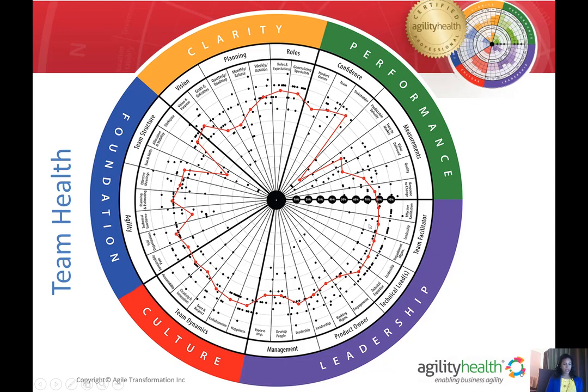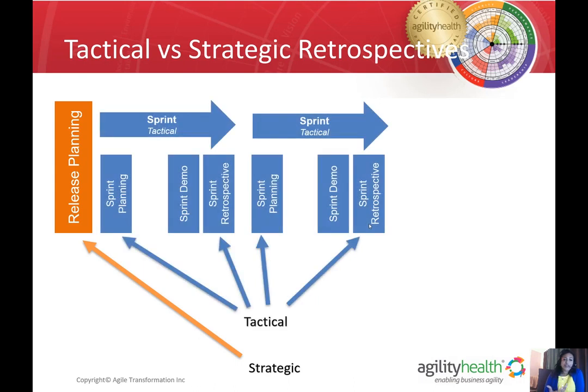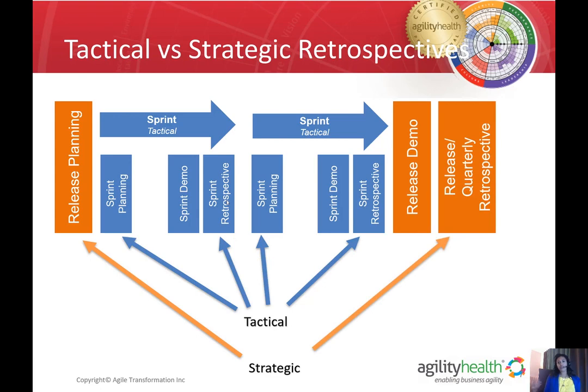So going back here and taking a look at what we mean by tactical versus strategic retrospective. As a Scrum team, you do a retrospective at the end of each sprint, as well as your sprint planning and your sprint demo during your sprint. Those are what we like to call tactical. This retrospective is in addition to all of these retrospectives that happen. Usually, if you are in a scaled agile framework, for example, then this is something that happens during your innovation and planning sprint. Otherwise, if you are just doing regular sprints, then this is something that would happen in your quarterly release retrospective. This would replace that, and it's more strategic in nature.